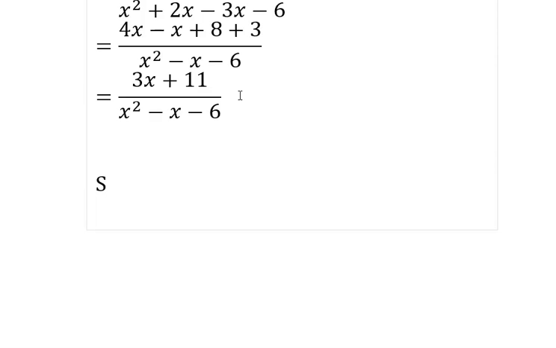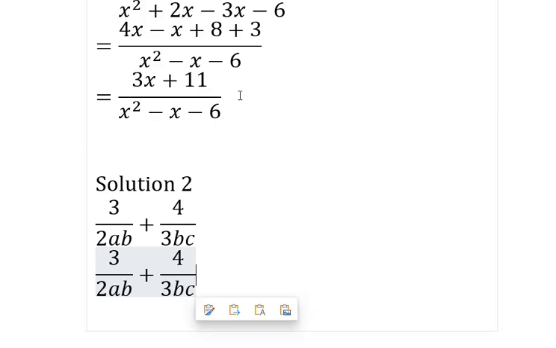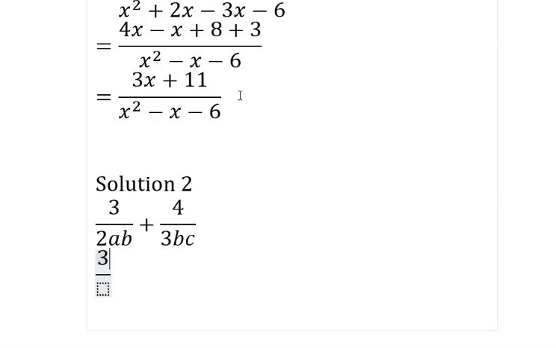Let's say solution 2. Beautiful. We go through the same process. We look for the LCM, we sort it out, and get our final answer. Let's quickly do that. So let's use one of these as a template for our LCM. Awesome. So what's the LCM of 2AB and 3BC? The LCM of 2AB and 3BC is both of them, 2AB and